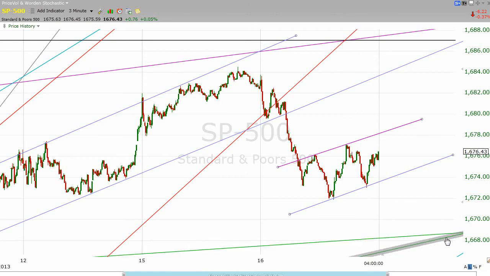And if that bounces there, then great. Then we will likely come back up to re-challenge this 1687 level, because I really thought we should get a test of that level, and we failed to do that. We came up to 1684 yesterday, then turned over. It just seems like 1687 should be saying, come on, come up here, give this a go, let's see what happens.